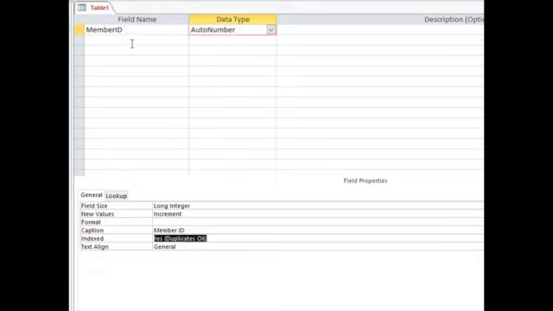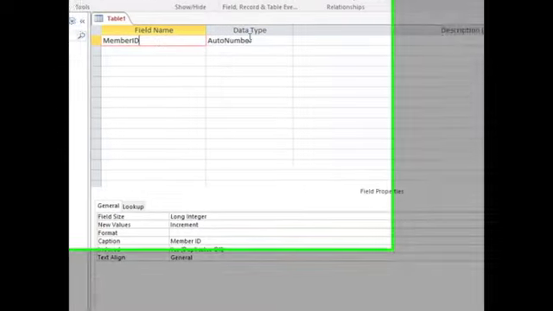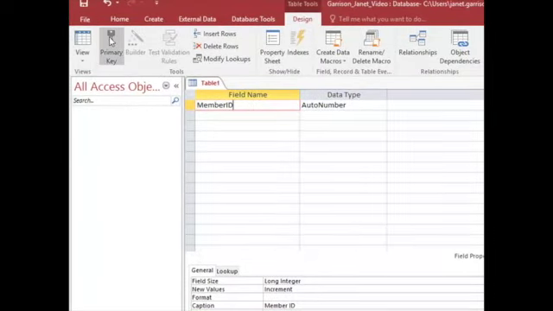And one last thing, while I'm still clicked in this field, up here in my ribbon, I'm going to click primary key. Now a table can have only one primary key, but the primary key might include 2 or 3 of these fields. Now let's go ahead and put in the rest of the fields,